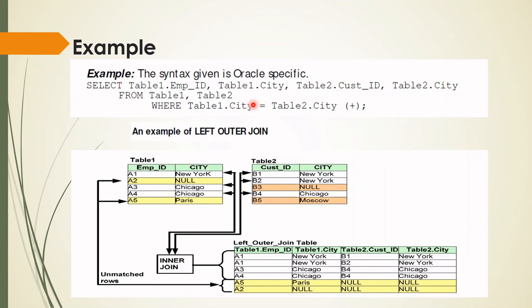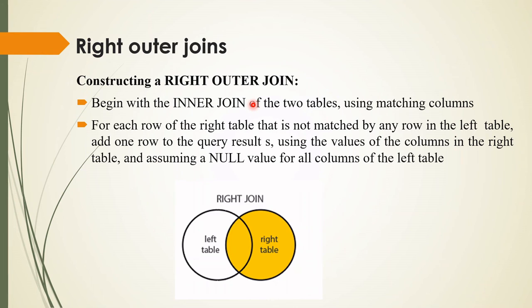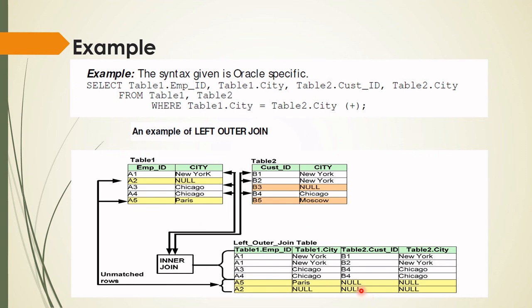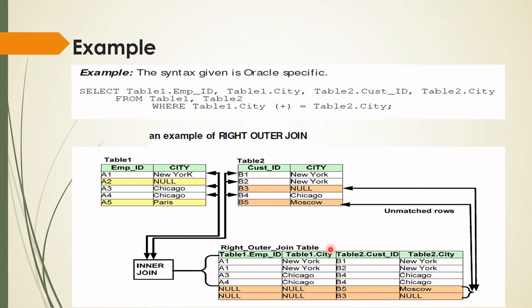So this is the query. Now, as the name suggests for the right outer join, we are considering the right table's unmatched rows also. So see in the table, the query table is the same. Here we have four records that are matched. Now it is the right outer join, so we consider the right side table's unmatched records, that is B3 and B5, as I have explained earlier. So B3 and B5 we consider. Here we do not consider this yellow line's pair, two records. Here we consider the right table's unmatched rows, which is clearly seen in the table.